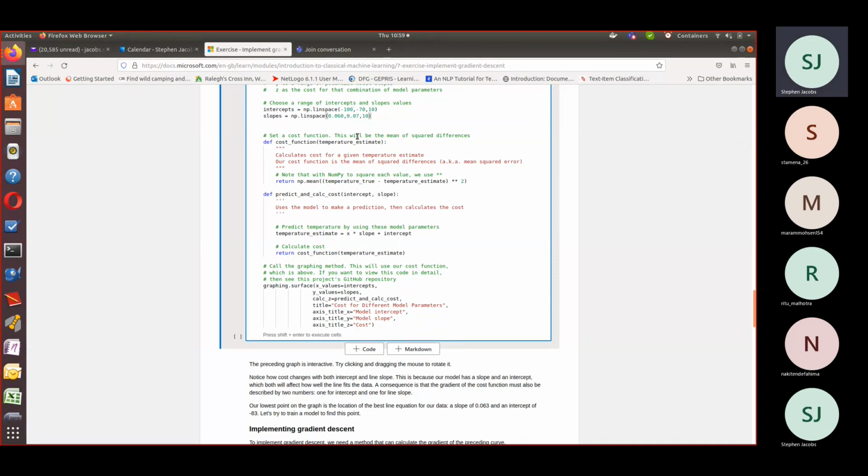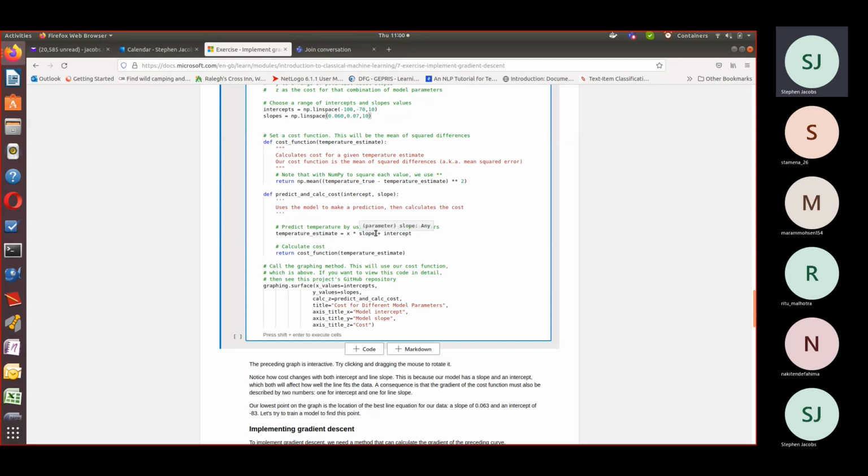And so we're going to set this cost function. And again, it's the mean of the squared differences, which we've done before. And then we've got predict and calculate cost, which will take our current value of intercept and slope, use the model to make a prediction and then calculate the cost. Predict the temperature by using these model parameters. So again, the estimate for our temperature for this go round is our X value, which is going to be the date,